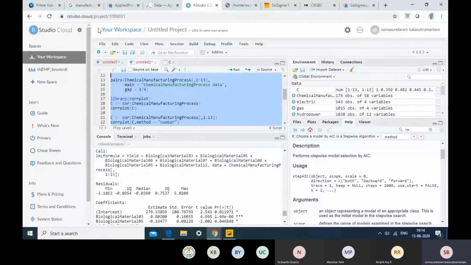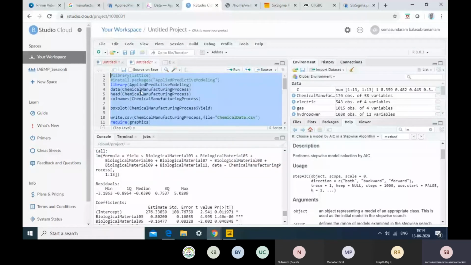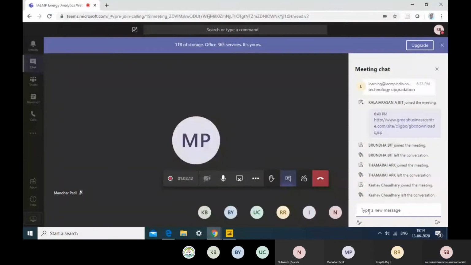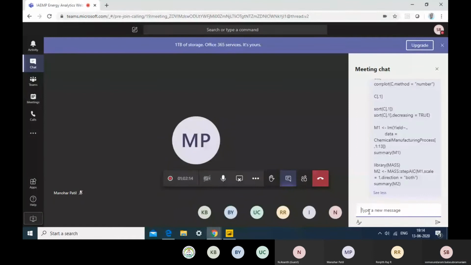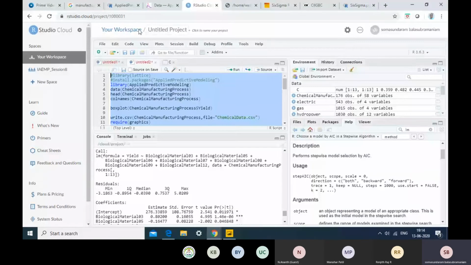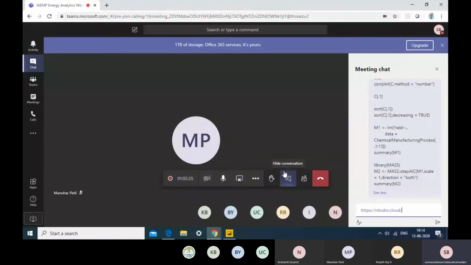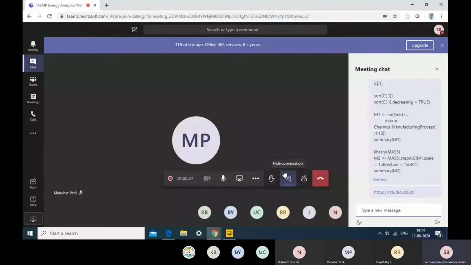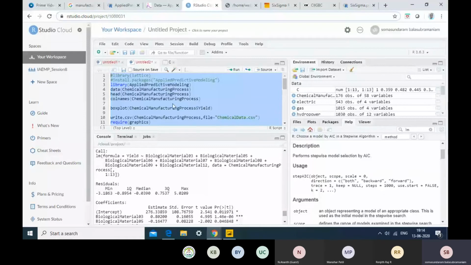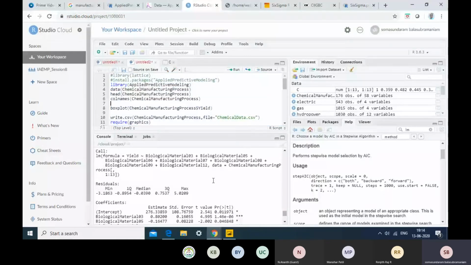Okay, and I am just putting this in the chat window so that you can make use of it. Okay, now the code is also available with you, and kindly use this particular rstudio.cloud. Okay, that also I'm giving to you. Kindly give a try. And next class, we will try to digest not only the input